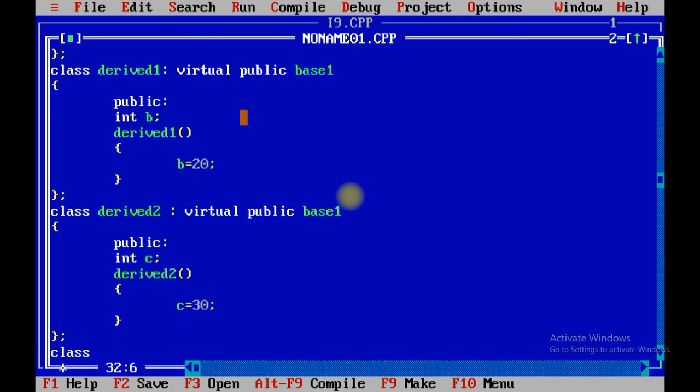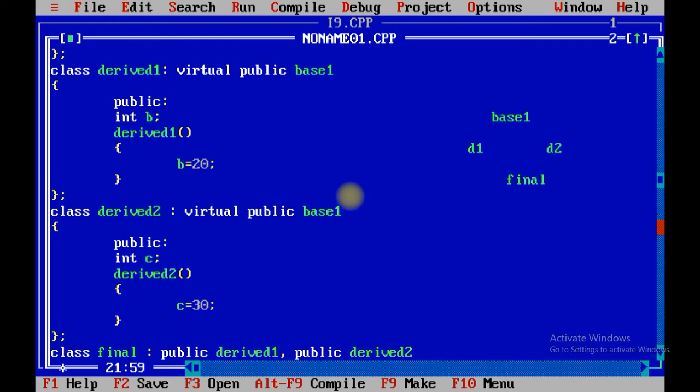Now we are going to create class final, which contains public derived 1 and public derived 2. See, the hierarchical structure becomes like this: base 1, derived 1, derived 2, and over here the final class is there.